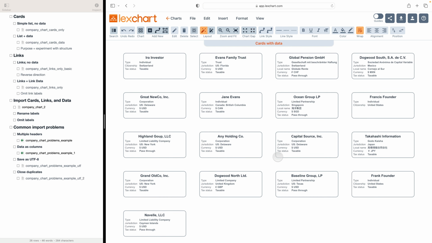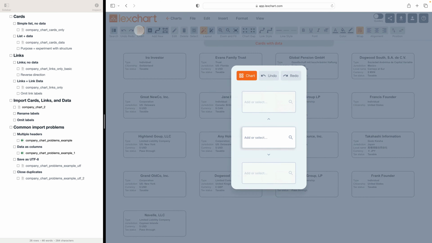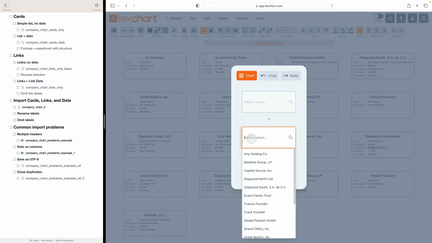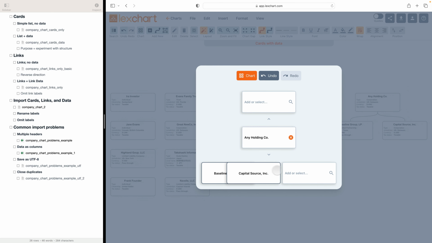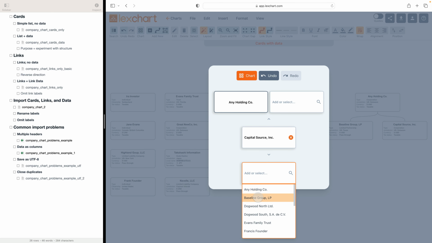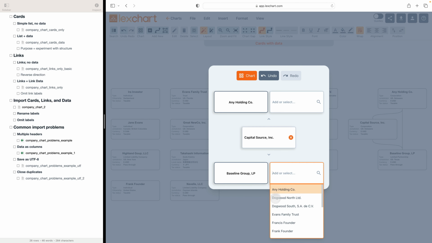You might ask why you would import just a list of companies. What this does is allows you to create a structure and experiment with the design of the chart in Lexchart without having to know what the connections are in advance. So for example, you might come to the chart window and select any holding company and then give any holding company some subsidiaries. And we'll give it capital source, and maybe we'll go to capital source and give it the baseline group and